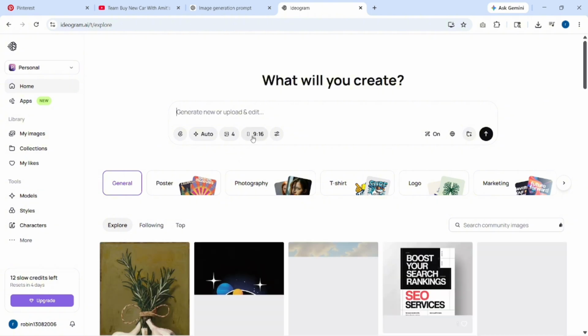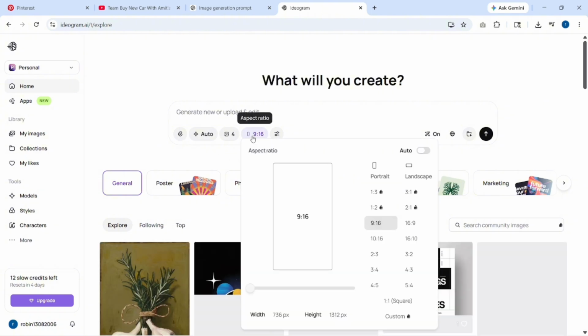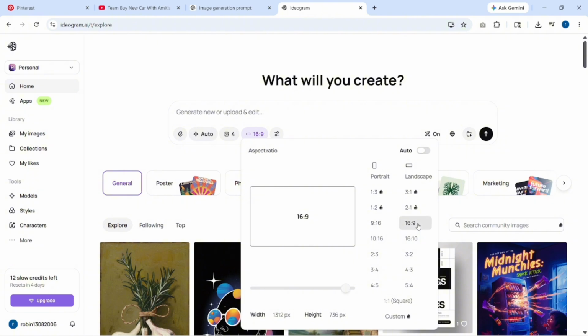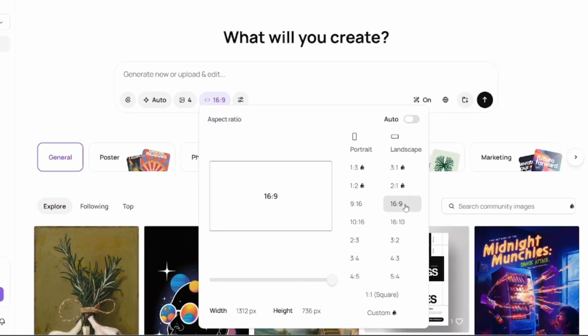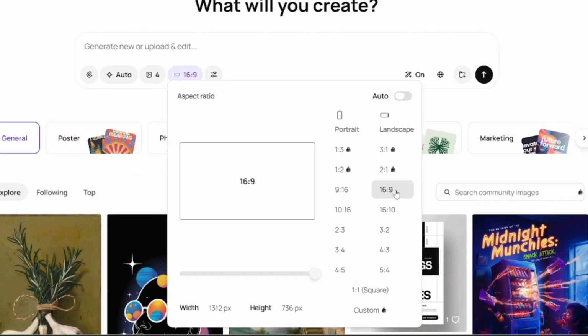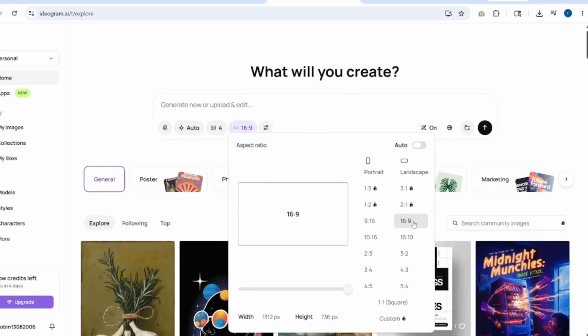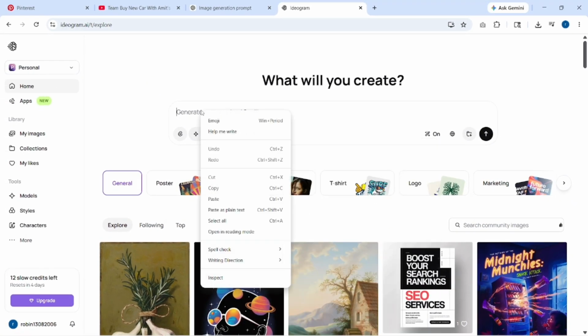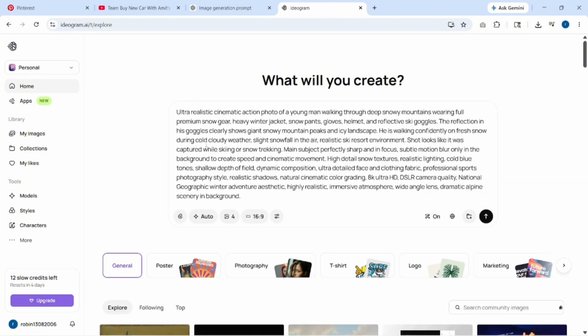Once you're inside the platform, first adjust the image ratio according to your needs. For example, you can select 16:9 for thumbnails and banners, square ratios for social media posts, or portrait ratios for posters and mobile content. After setting the ratio, move to the prompt box and describe the exact image you want